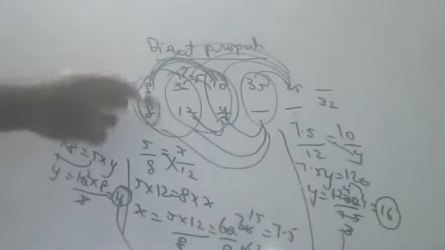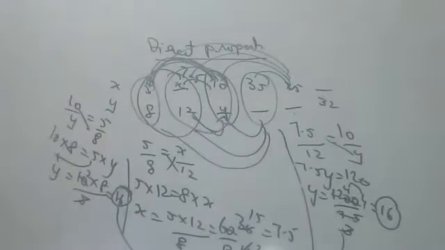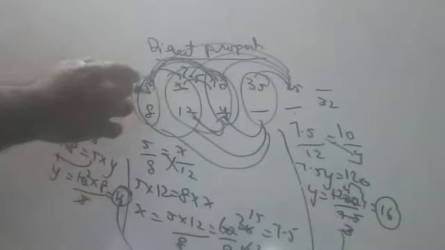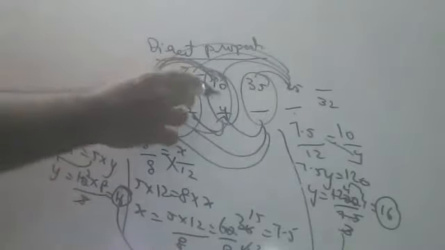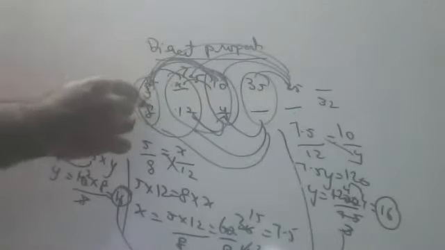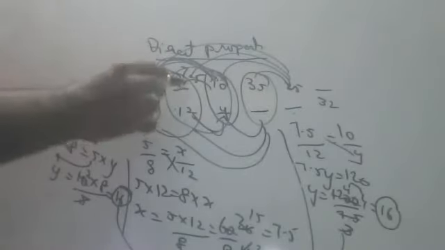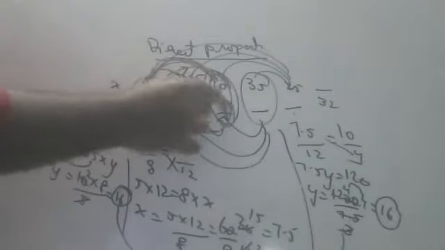5 8 is there already, so you better do with 5 8. It's up to you, children. There is no hard and fast rule. Only thing is, I want to confirm that in direct proportion, ratio is constant. What is the ratio? 5 by 8. That is constant. You take any number, it will be 5 by 8. How much did we get here, children? 16, no? If you want to check, the ratio will be the same.